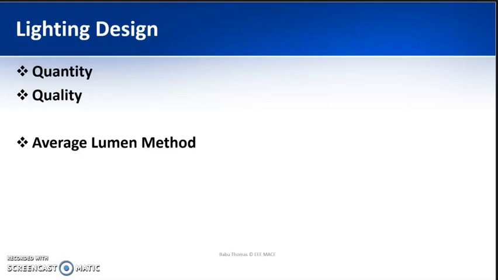So it all depends upon the type of the lamp, and it also depends upon the wattage of that particular lamp. For a normal CFL lamp or an LED lamp, you can just observe a 5 watt LED lamp, a 10 watt LED lamp, a 20 watt LED lamp. The 20 watt will have the highest luminous output. A 5 watt LED lamp will have the least luminous output. So the quantity depends upon the type of the lamp and also on the wattage.